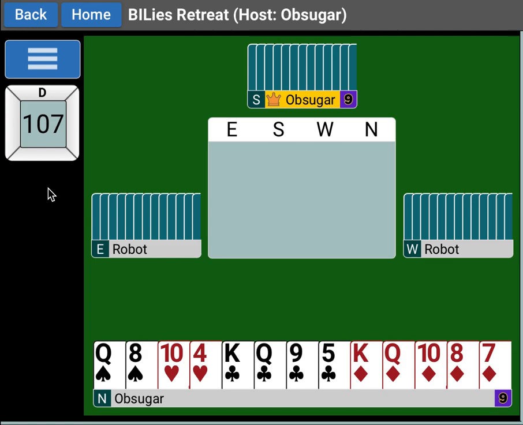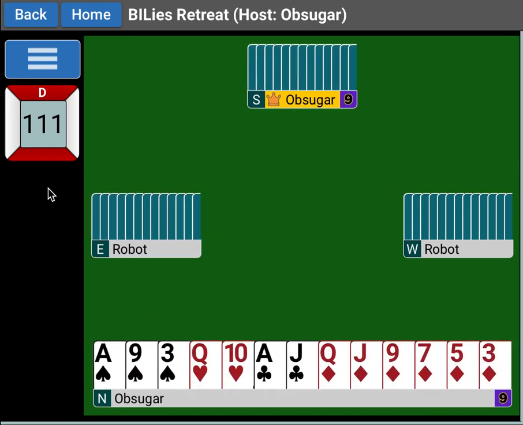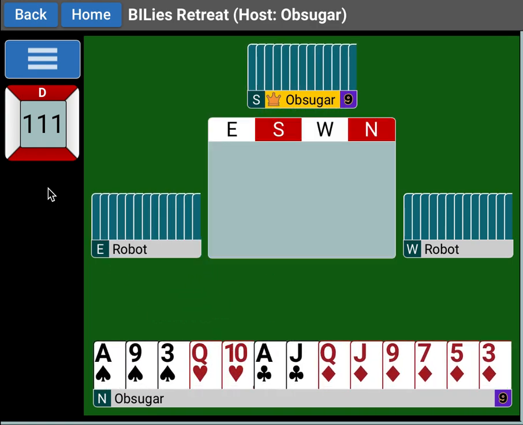Let me try to get him to deal a big one. See if this works. Been having pretty good luck with the deal source constraints thing. At some point I'm going to be able to show people how to do this. All right, so